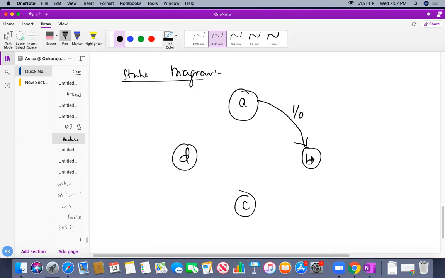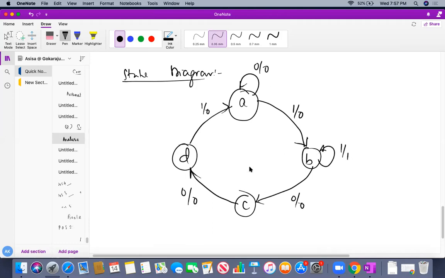And here just see how it is. 1 divided by 0, and this one is here 0 divided by 0. I'll tell all these things, don't worry. 0 by 0, this will be 1 by 0. So what do you mean by it? And this is here 0 by 0, 1 by 1, and this will be here 1 by 0. Okay, it is 0 by 0. Do you all understand? So here is how it looks like.